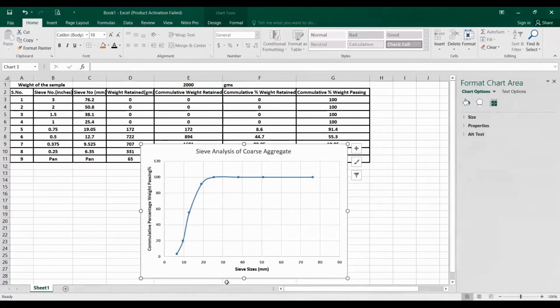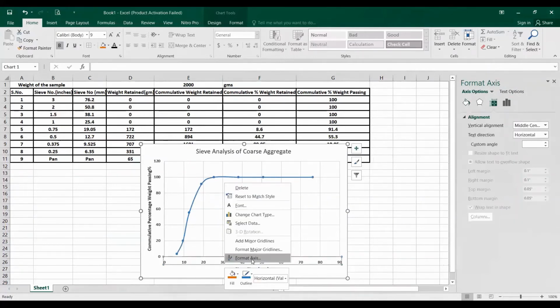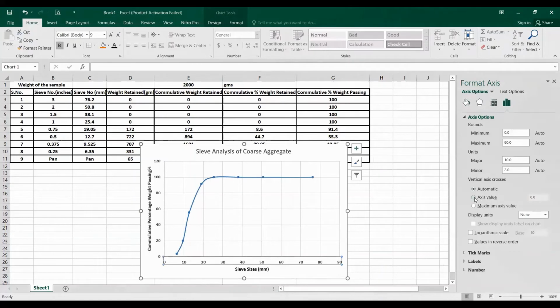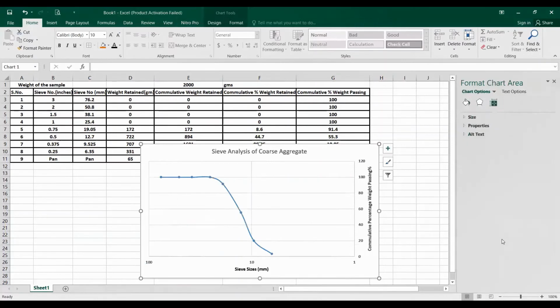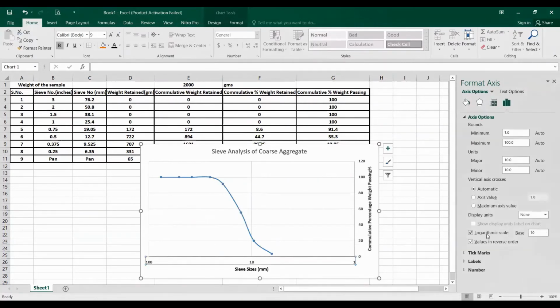It is removed, not getting it, so you have to select it again. You have to go not for the axis value, but for the logarithmic scale, check mark, and values in reverse order. These are the two things you have to select for the X value, not for the Y values. So you have to format the axis at the X value. Another thing, you have to click on logarithmic scale and values in reverse order for the X value.